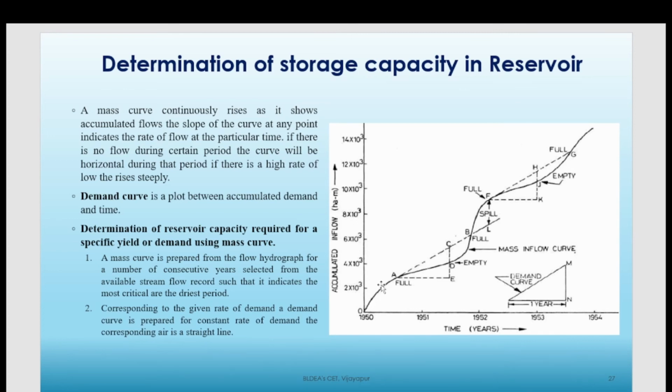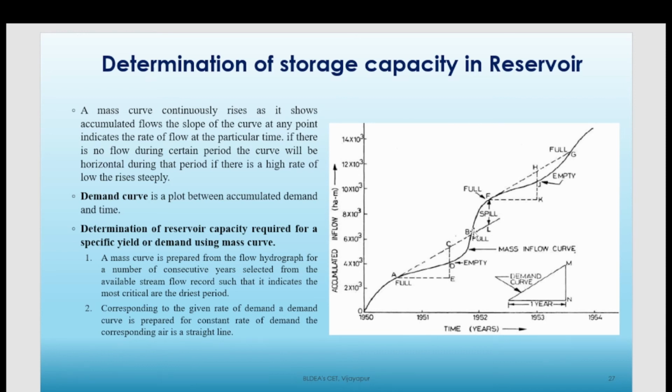Assume this is the starting year. At the initial period the value is 0, right? As you go with respect to time, the demand is something which will remain constant. How do you calculate the demand? If you are calculating for irrigation, the demand for a particular month will be there. If you calculate the domestic demand, you can calculate how much is the consumption of water for every community, and then you try to define how much water is to be supplied. Similarly, for an industrial area, the demand curve can be considered to be constant.